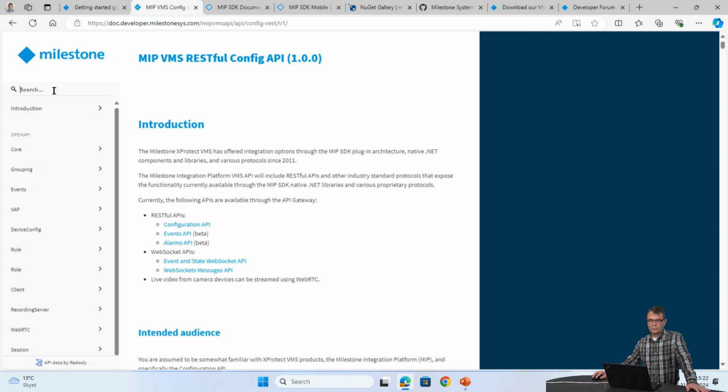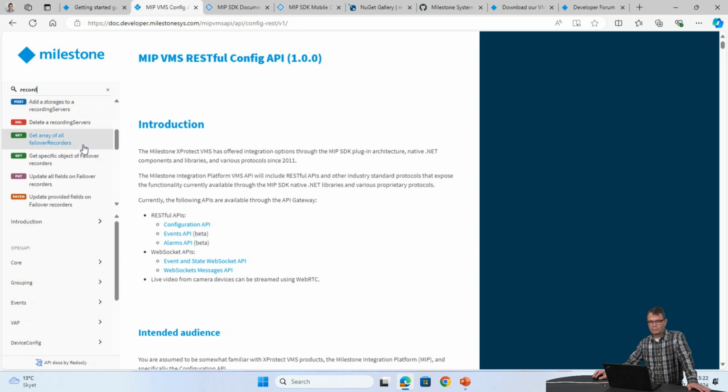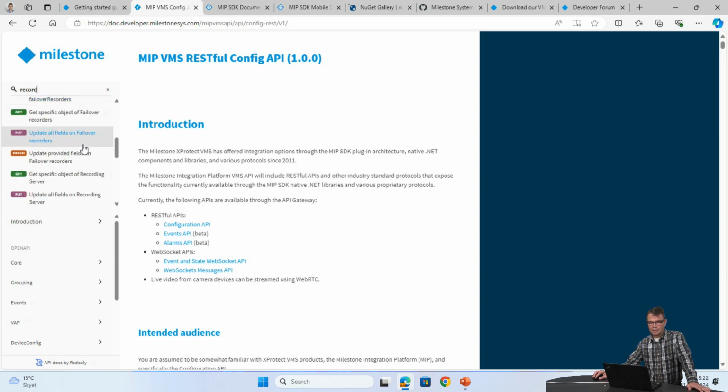When it then comes down to detailed information, you can also use the search panel here on the left hand side, and you will see information popping up as you type.